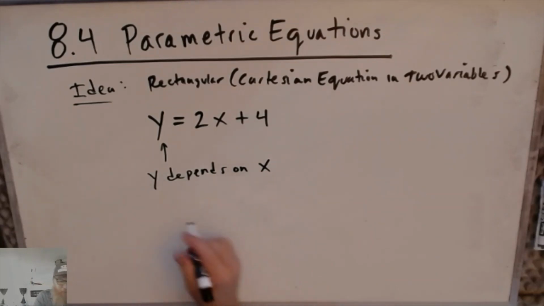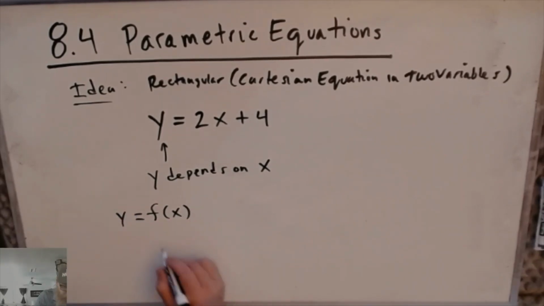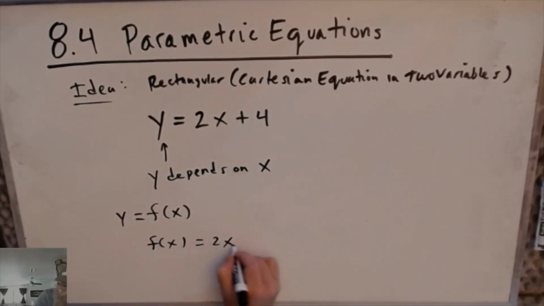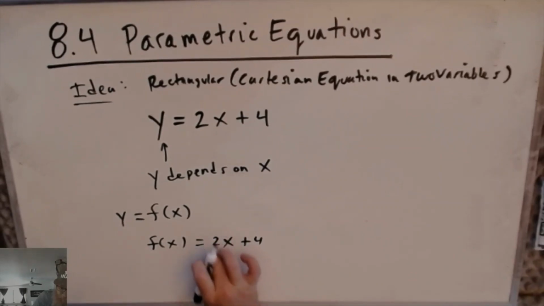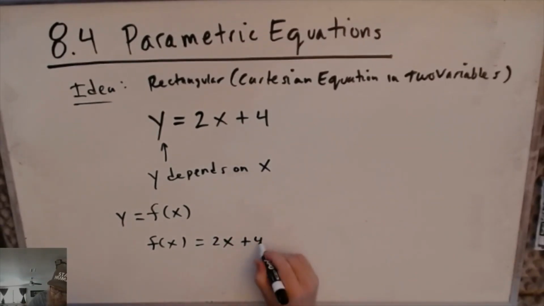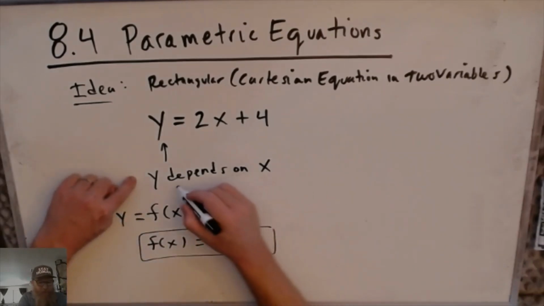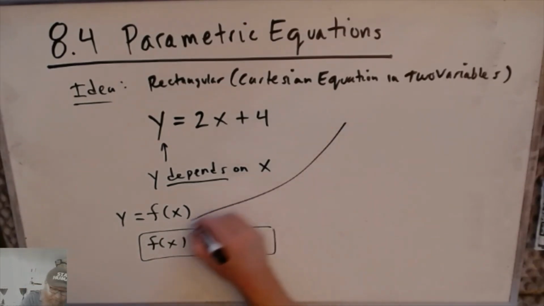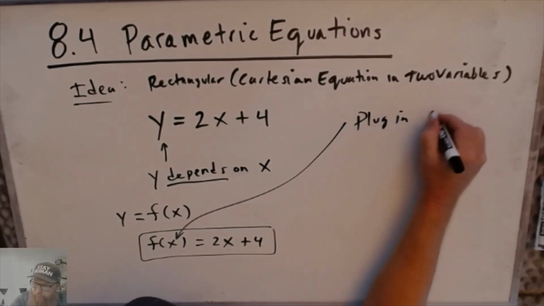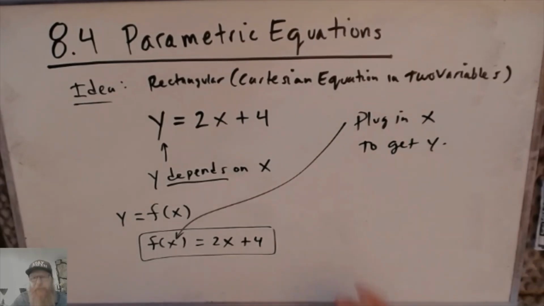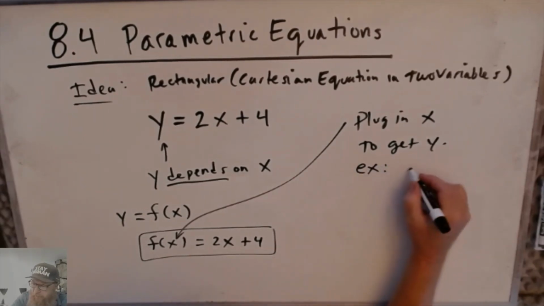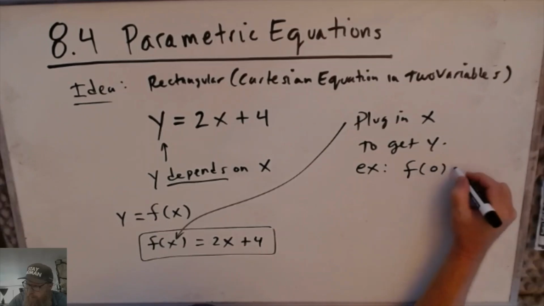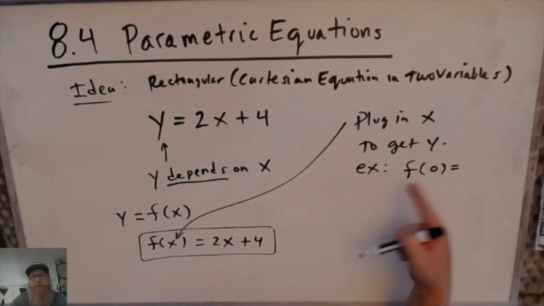And it has various different notations. One notation is f of x. You could say y is equal to f of x, or f of x is equal to 2x plus 4. So we're essentially saying that every y value depends on the x value. So you're plugging in x's to get y. Yeah? So for example, if you plug in x equals 0, so f of 0, you would